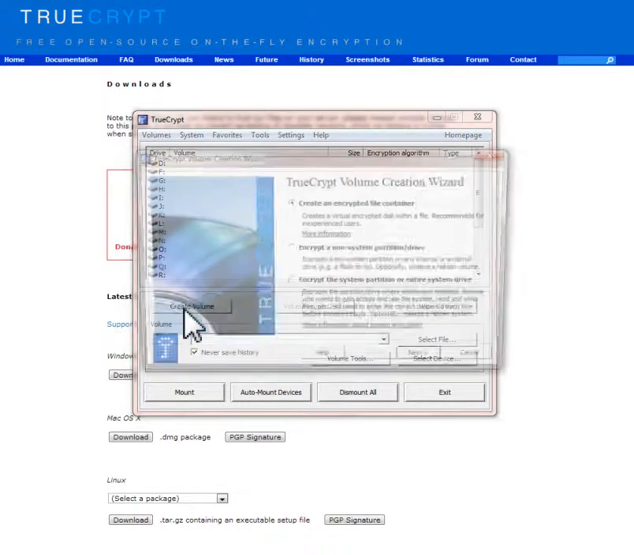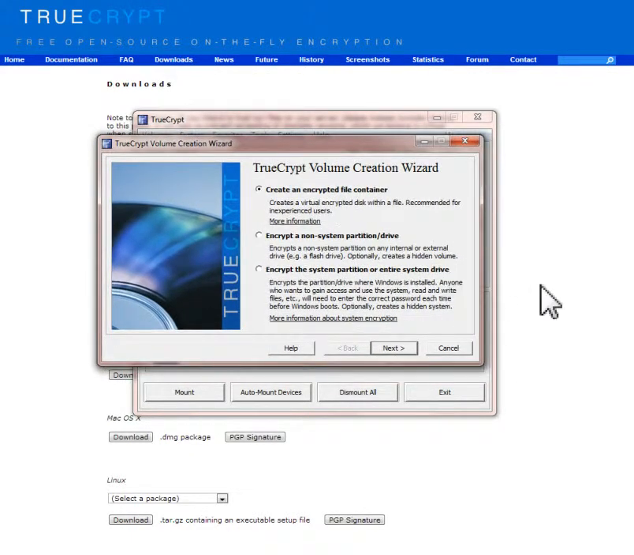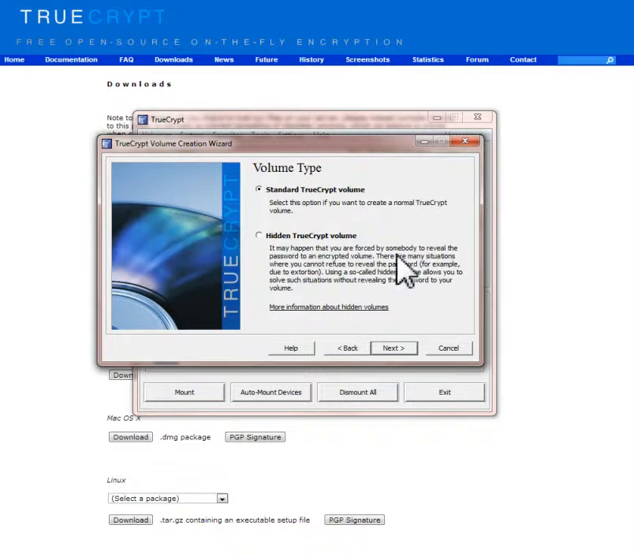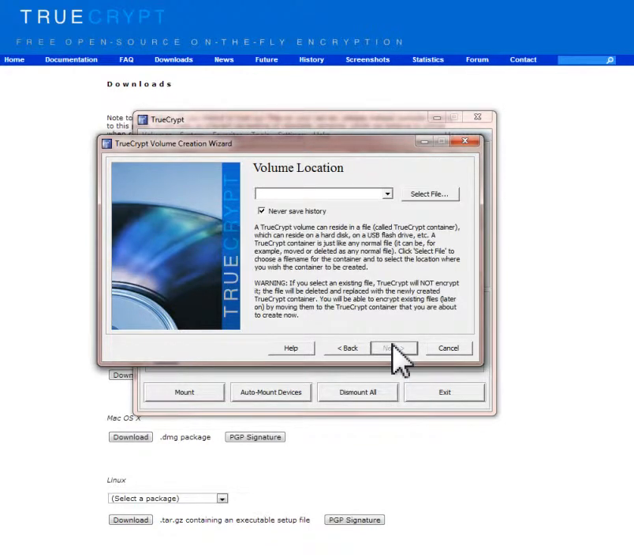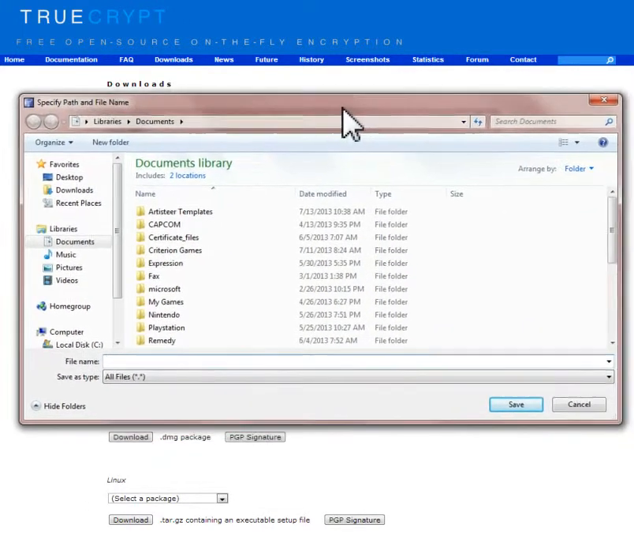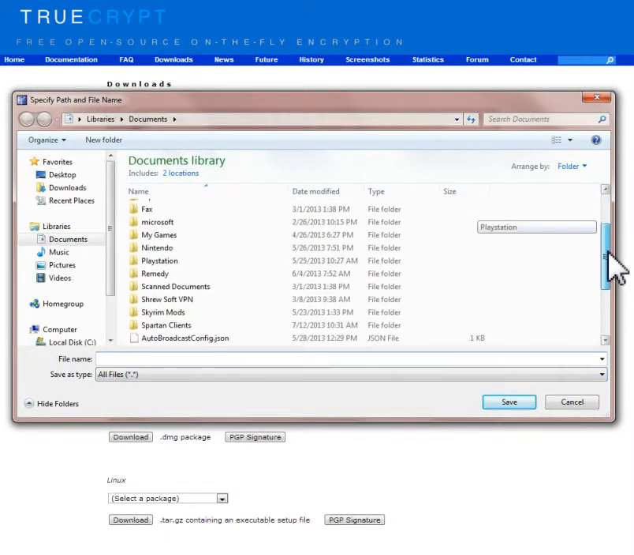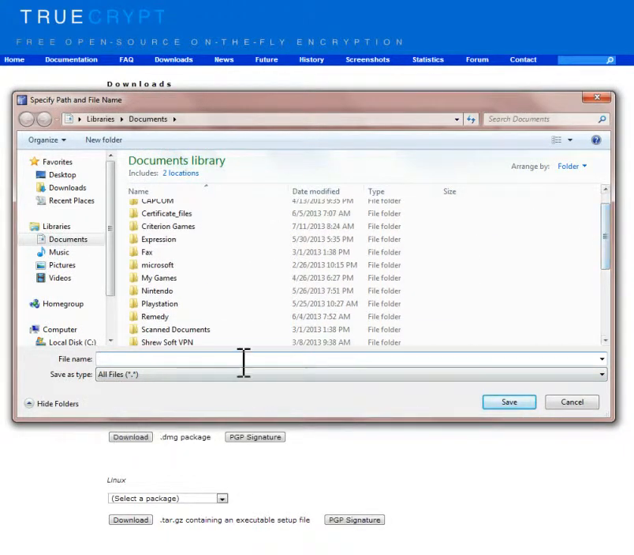So the first thing we want to do is create a volume. We're going to create an encrypted file container, so let's go ahead and hit next. We're going to use the standard TrueCrypt volume. We're not going to go into the hidden volume right now, we're just going to go through the standard procedure. Now we're going to select the file that is going to be our container. I'm in my documents, and what I'm going to do is name